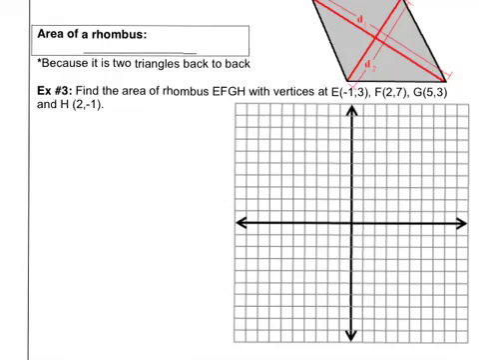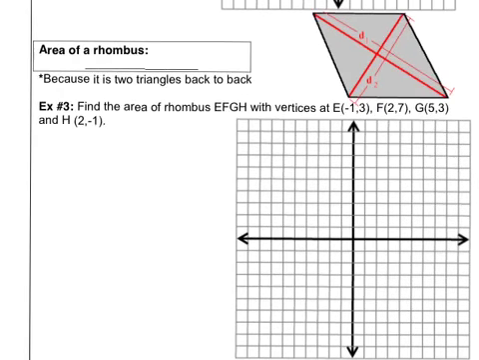Alright, here's the second part of 11.2. We're going to talk about the area of a rhombus. The area of a rhombus can be found by taking the diagonals of a rhombus, multiplying them together, and then timesing it by 1/2. So the area of a rhombus is area equals 1/2 d1 times d2, or you could just say d1 d2